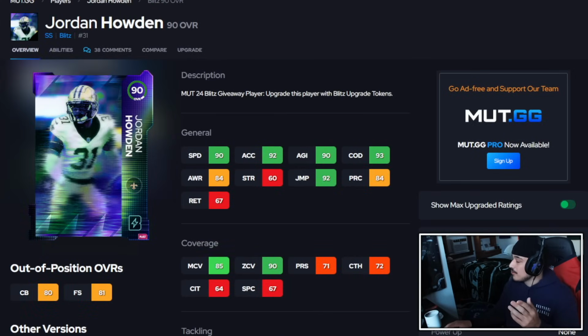And then for the free price point at strong safety, we have Jordan Howden, who you're actually able to get through the Blitz promo by using the Blitz upgrade tokens. This card for free: 90 speed, 92 acceleration, 6 foot. A pretty good user as well with 93 COD, 90 agility, and also 90 zone coverage. I would probably end up using this card. That's probably where this card's going to play best. For now, he's definitely able to play over the top, but I would probably play him as a